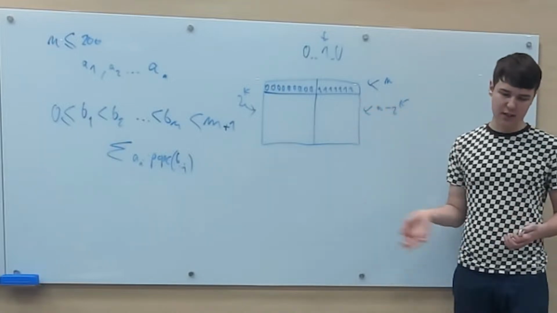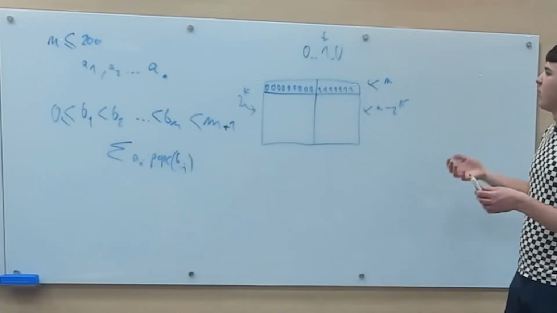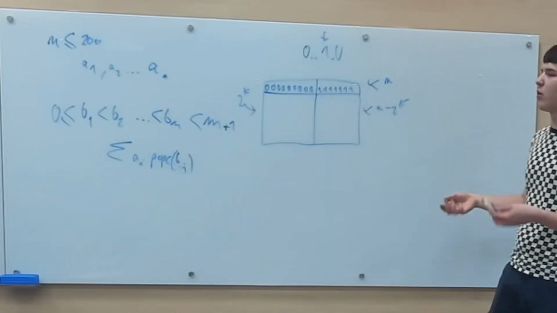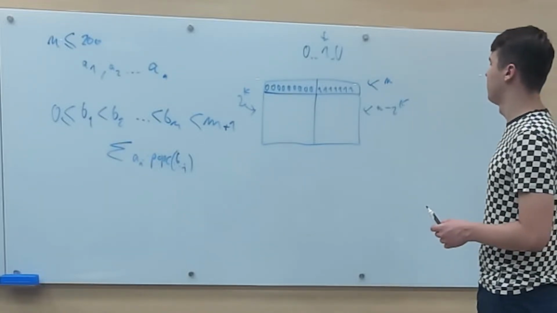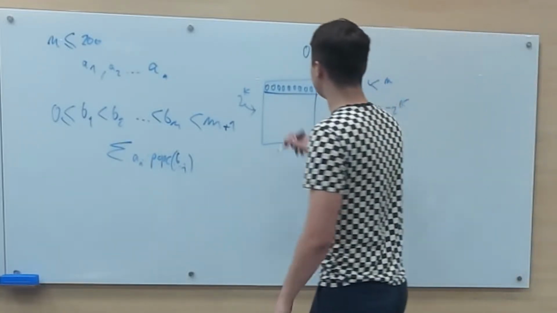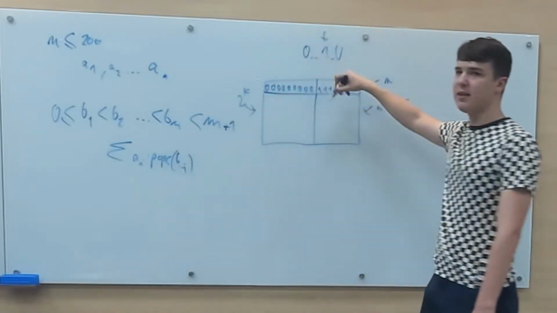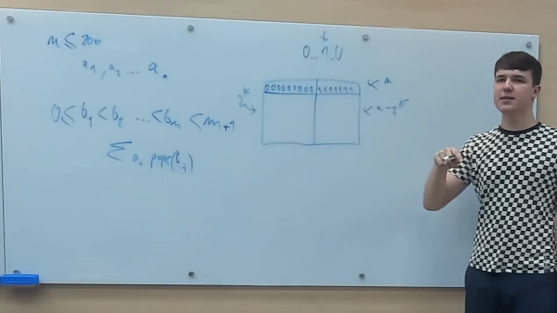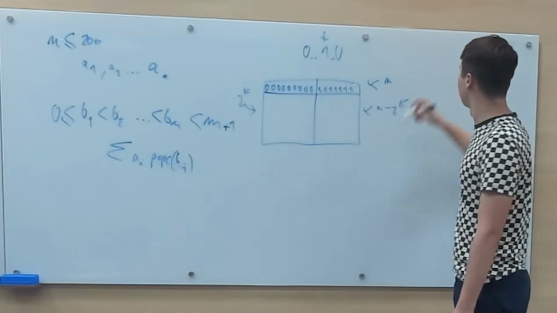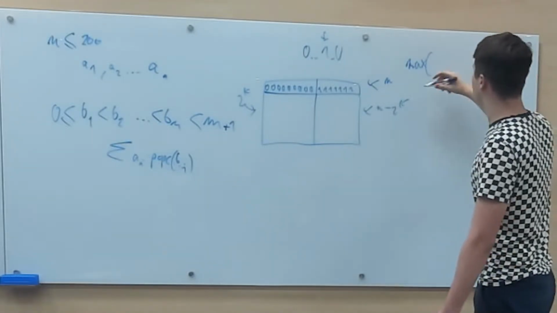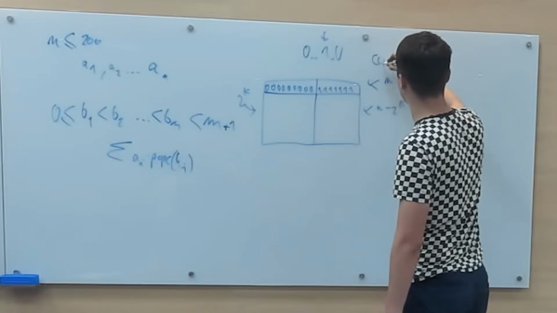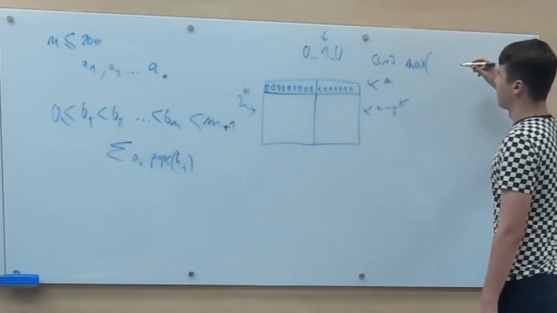We have some recursive function which computes the result for a subinterval, and we're going to try all the splits, with zeros and ones, so it will be the max over, let's say we are computing it for LR, max over